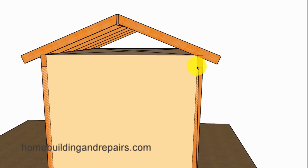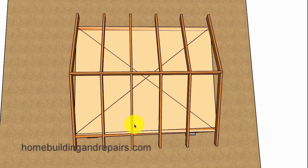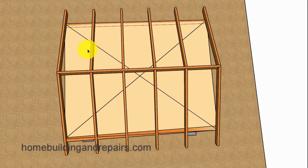If we come into the side that isn't plumb or out of square and we just simply extend the length of the seat cut and reduce the length of the overhang on one side, you can see here the overhang is going to be a little shorter than the one on this side. However, the ridge is going to be level and all of the sheathing is going to be square, providing us with one way to